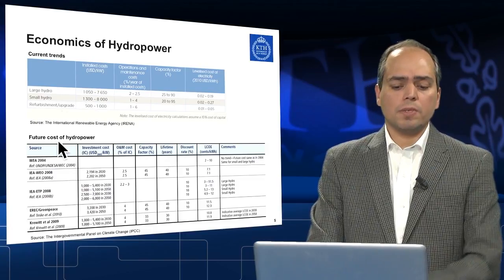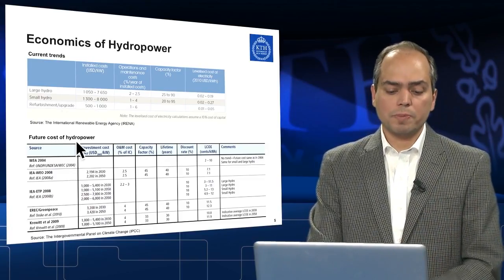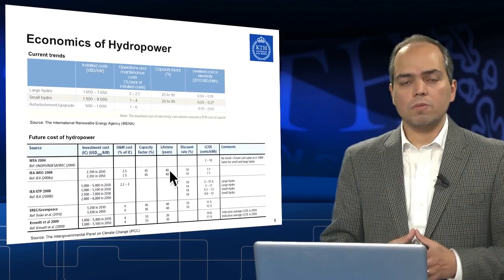And then there are some speculations, some studies about the future costs of hydropower plants. I've listed the different studies here, you could see on this column. So the investment costs, you could see the ranges in different studies. And then the operational and maintenance costs as a percentage of the investment cost. And then the lifespan. I have to say that this 40 is maybe normal, which is considered in